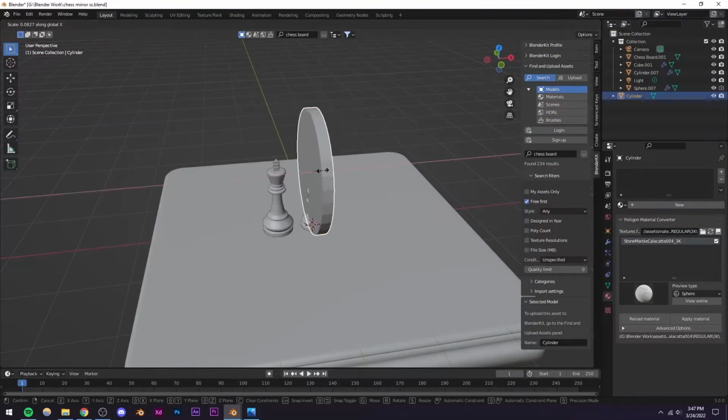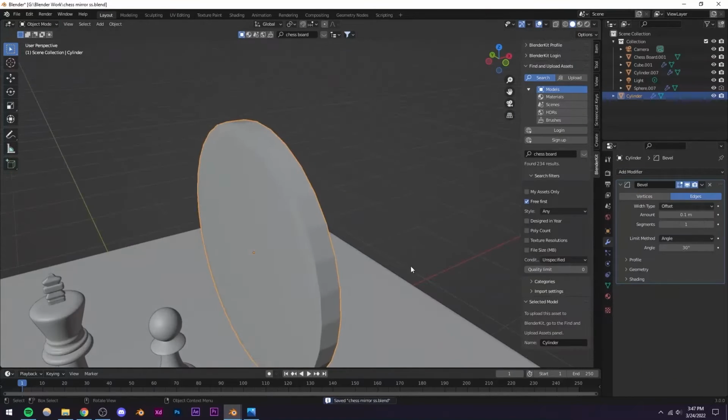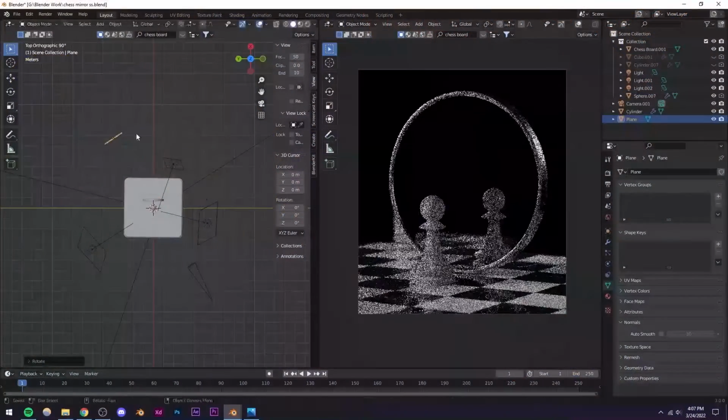So ideally this class is made for Blender beginners who have little experience in Blender 3D. However, you will be expected to know the basics like navigating the viewport, using the edit mode, rotating, scaling and moving stuff, etc. In this class we're going to be covering the basics of 3D modeling, texturing, lighting, rendering and